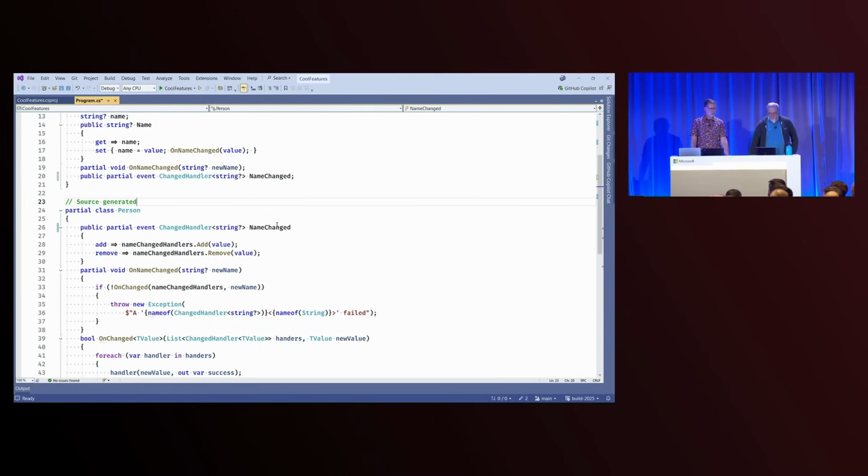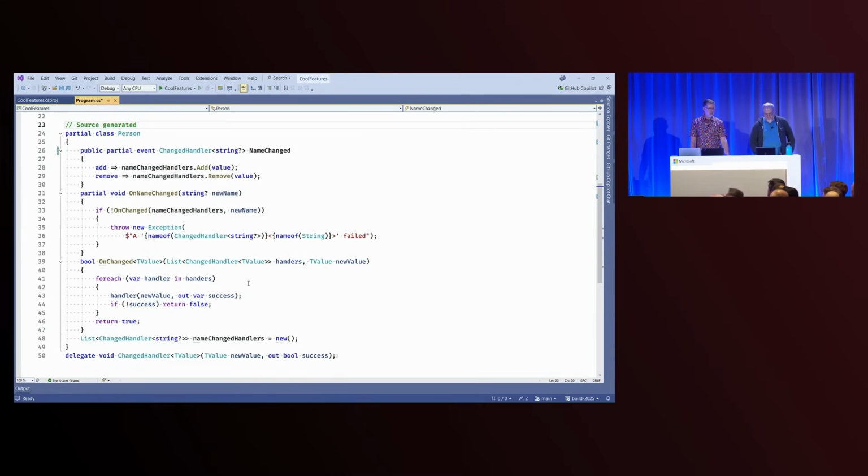Absolutely. I noticed some mangly stuff down there, on the name changed implementation. There's some nameof stuff. It's funny, this goes back to C# 6 as well, right? Yeah, this is a nameof of a generic type. Has anybody run into this, where when you want to do a nameof of a generic type, you've got to put something in the arguments to make it happy? The compiler is sad and needs to be made happy if you don't do that. And you don't have to do that with typeof, just nameof. And the most ironic thing here is that the string it produces doesn't include the type argument. It doesn't matter what I put in there. I could put whatever. I could put this in there. It says ChangeHandler. So it's kind of a silly thing.